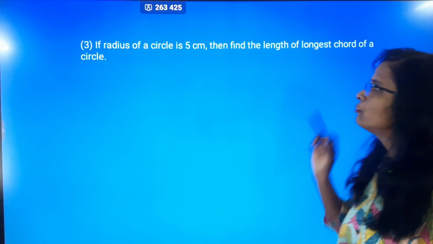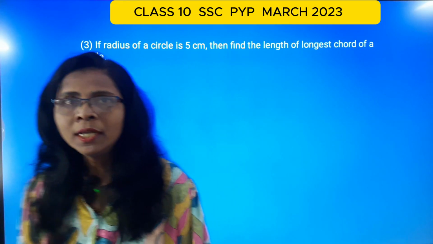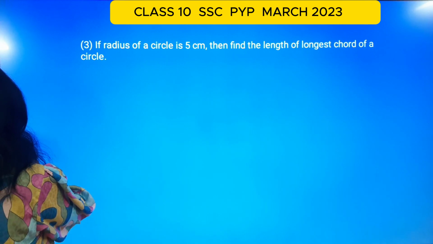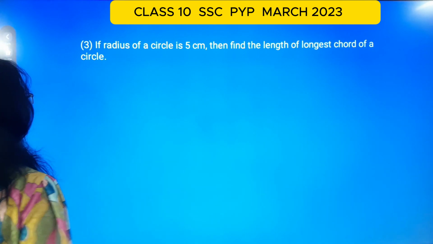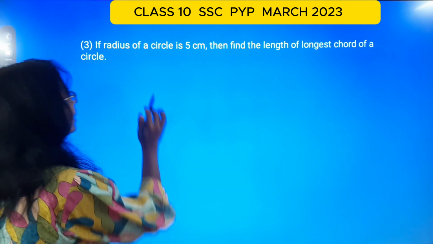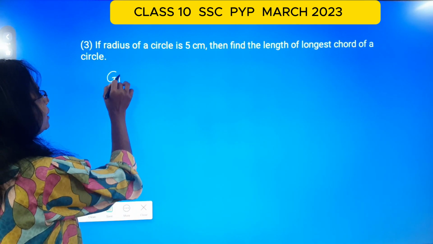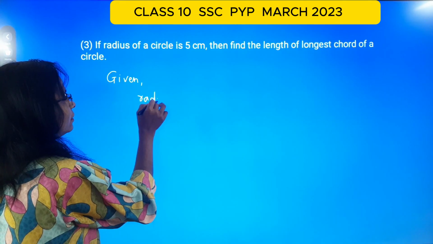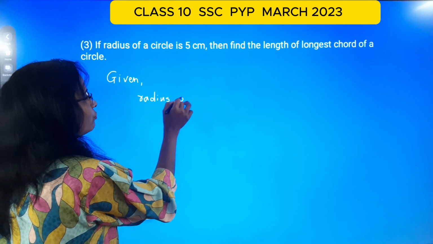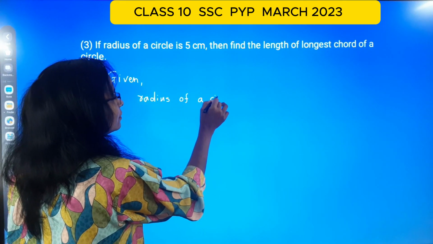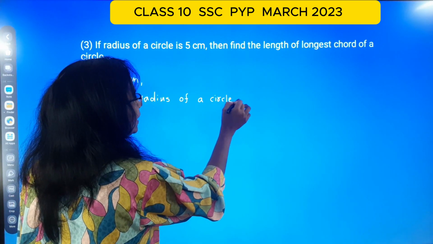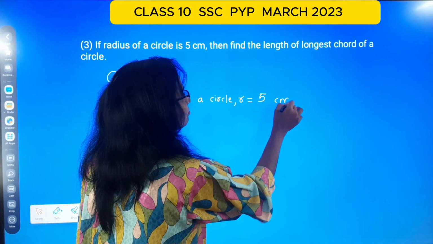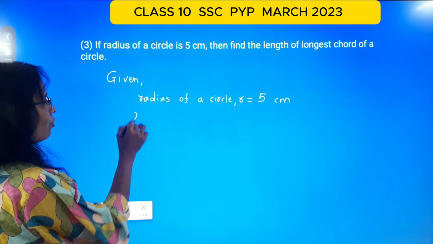So now the next example: if the radius of a circle is 5 centimeter, then find the length of the longest chord of the circle. Now here there is a circle, and in that circle there is a radius. The radius is given. So here I write in the given that the radius of the circle, that is R, is equal to 5 centimeter,